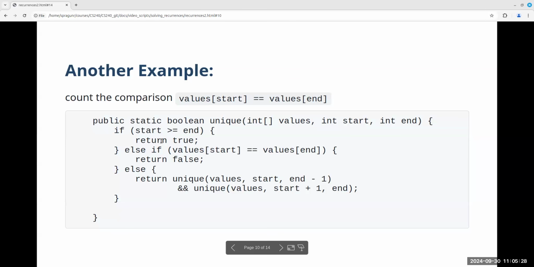And so that looks like the base case. Otherwise, we check to see if the value at the first position is equal to the value at the last position. If it is, we return false, and we don't get into the recursive case, so we'll be doing another worst case analysis here. We'll assume that that never happens. So then we get to the recursive case, and that involves 2 recursive calls to this algorithm,